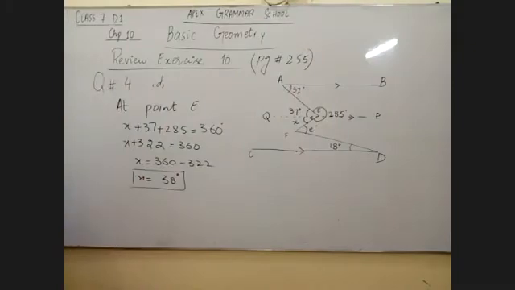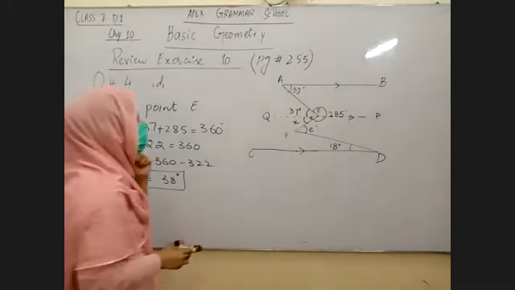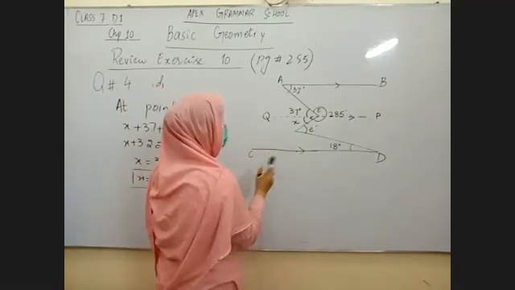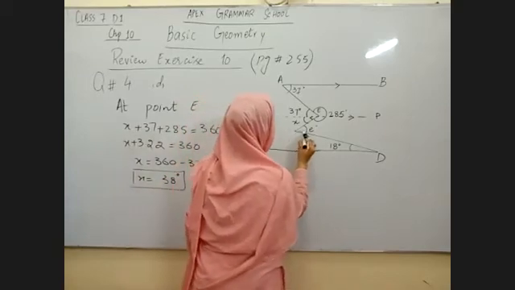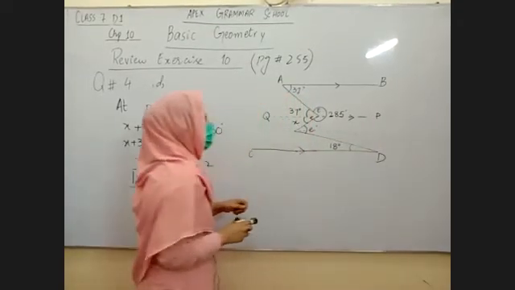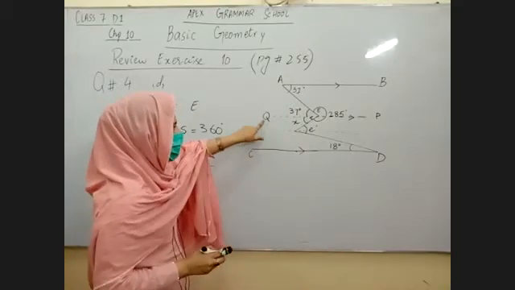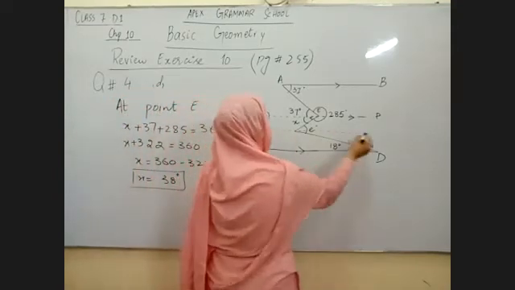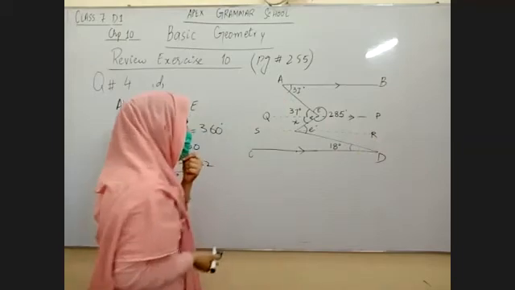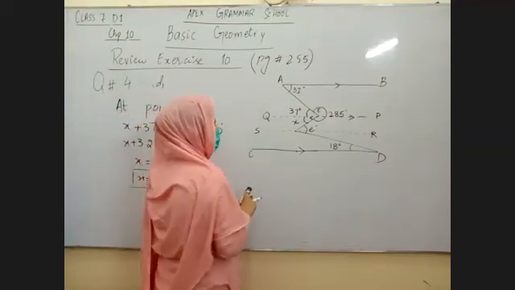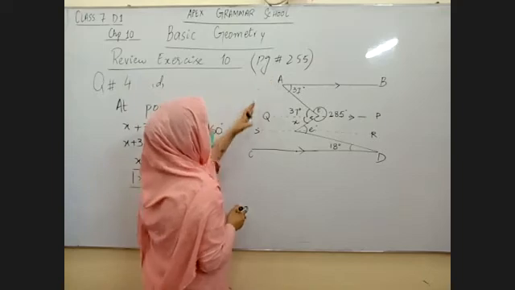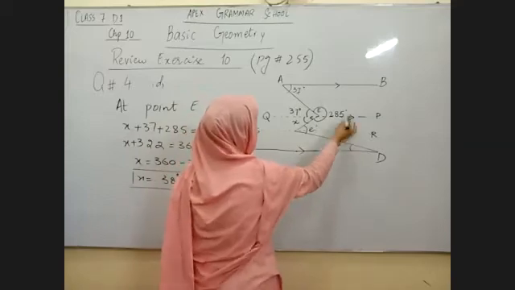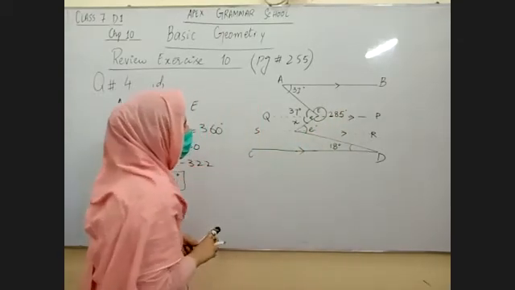Now I want to find the value of E. Again I have to draw a line over here at point F. I have drawn another line. The first line was PQ. You can name this line as SR or ST. You can use any alphabets that you want. So now there are four parallel lines, AB, PQ, SR and CD. This arrow shows that these four lines are parallel.